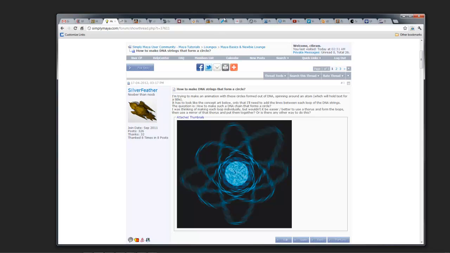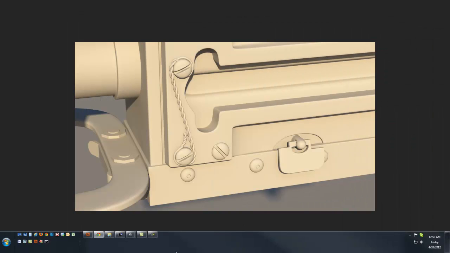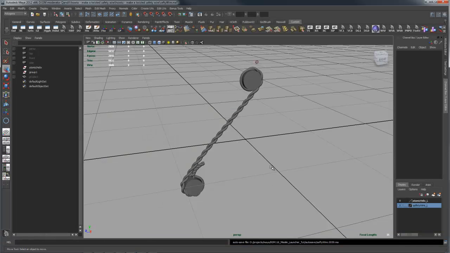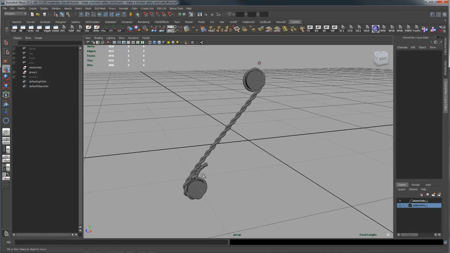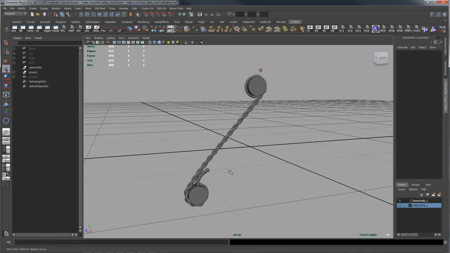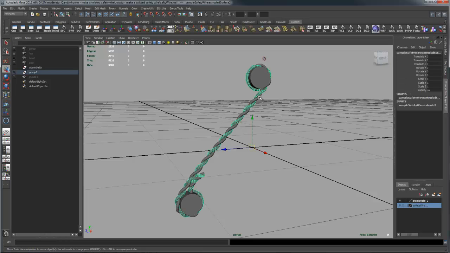Okay, so let's get to the process of creating this shape here for Silverfeather. So I'm going to jump into Maya, and here you can see an example of the twisted wire, the twisted safety wire from the 50 caliber machine gun project I was working on. And if I hide these surfaces,